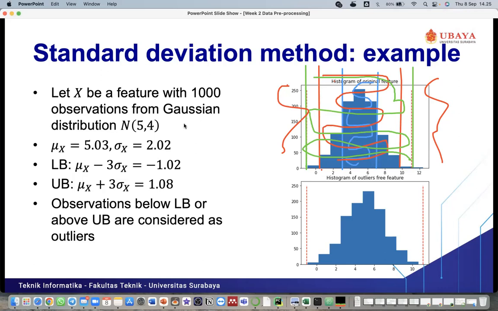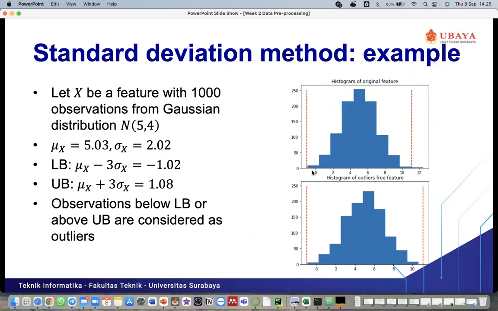It's not really exactly 4 or 5, it can be 5 point something or 4 point something. Then we can define the lower bound and upper bound. The lower bound is minus 1.02 and the upper bound is 1.08, and observations below the lower bound or above the upper bound are considered outliers.